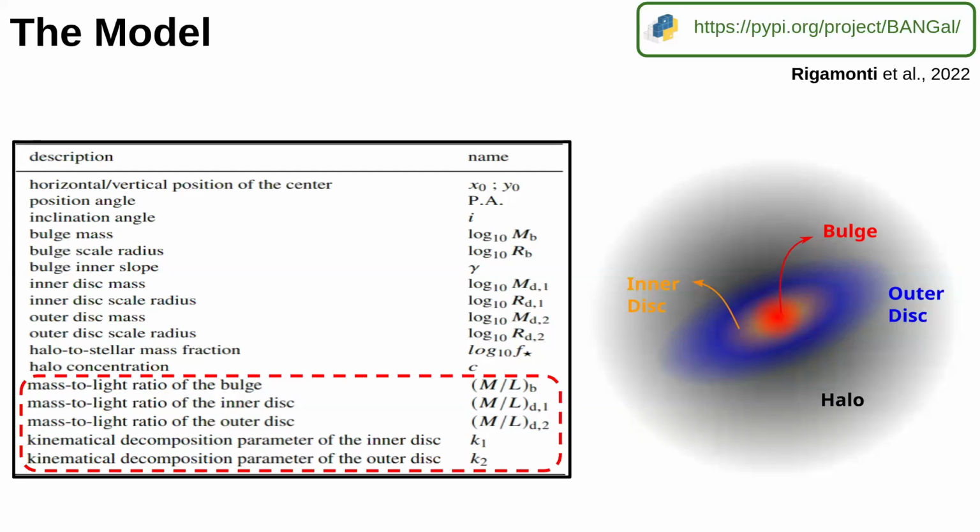So, as I said before, we observe the surface brightness, so we have to do a conversion between mass or surface density to surface brightness. In the context of dynamical modeling, this is typically done by assuming a constant mass to light ratio, which is a free parameter of your model. In this case, we assume three constant mass to light ratios, one for each of the visible components. This actually results in an average mass to light ratio as a function of radius, which has spatial variation, basically. And this is somehow a novelty in the context of dynamical modeling. And some of the results that we find are mildly dependent on this assumption.